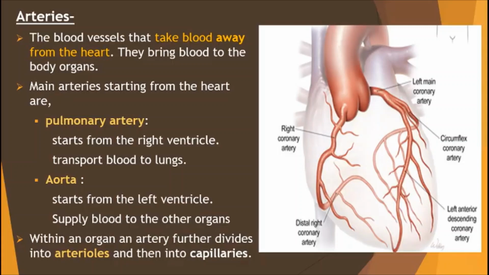Within an organ, an artery further divides into arterioles. And then those arterioles are again divided into capillaries. In the given diagram, you can see the arteries that supply blood to the heart. We call those blood vessels coronary arteries. Coronary arteries are the first branches that divide from